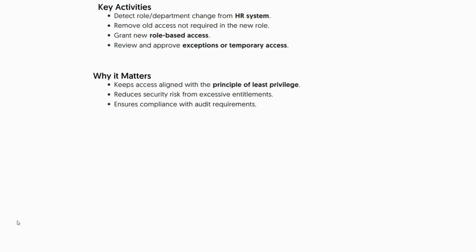Some of the key activities that you will see here will be: how do you detect role and department changes in the HR system? How do you remove old access? Grant new role-based access? Review and approve exceptions or temporary access. See, in organizations you cannot have a fixed set of rules. So exceptions or temporary access becomes a very important point here, because let's say there is a certain process that you're following, process 1, for a certain set of users, for a certain set of applications, and that could be users logging in to an application from